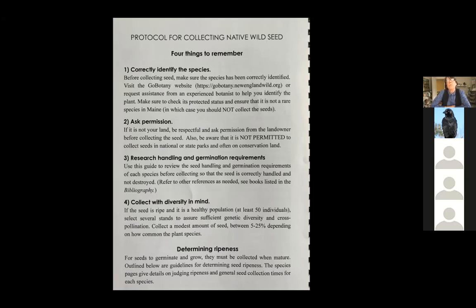And typically parks, whether they're national or state parks, and even a lot of conservation land, you can't just go collect the seeds off of it, because if everybody did that, there would be no seeds left there. Then, assuming you've both correctly identified the species and are sure it's not rare and have permission,